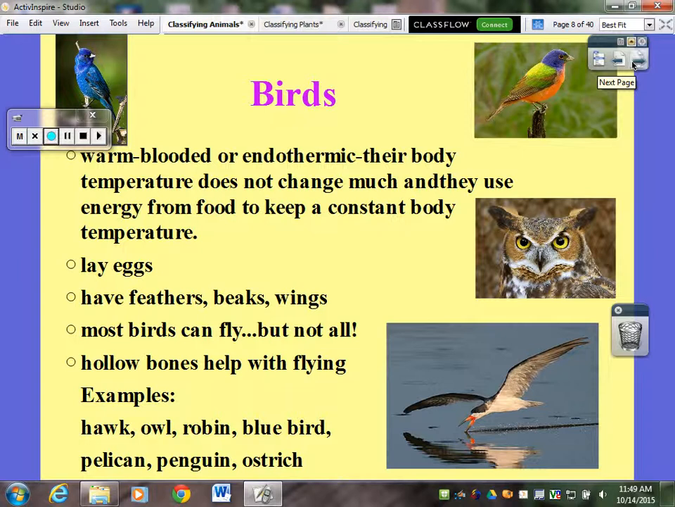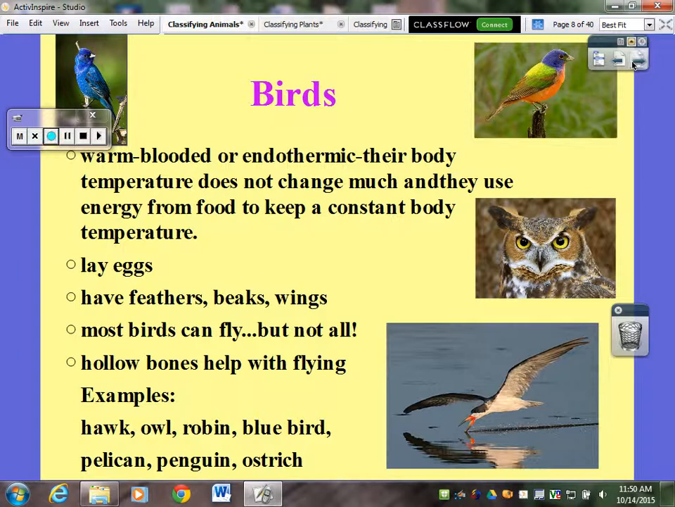So first off, we have birds. We know birds are warm-blooded. Now let's talk about what we talked about, warm-blooded versus cold-blooded. So I'm thinking about us. We're a warm-blooded organism. That means that we have a consistent body temperature. That's how we can tell if we're running a fever, because normally humans have about 98.6 as our typical